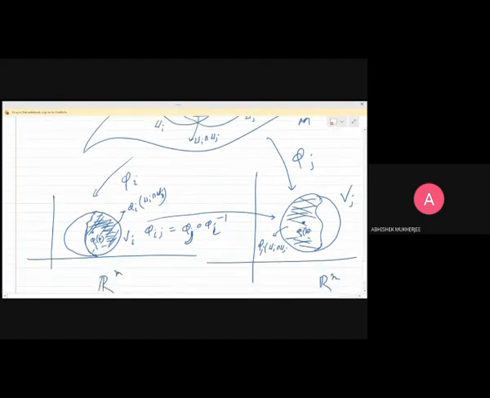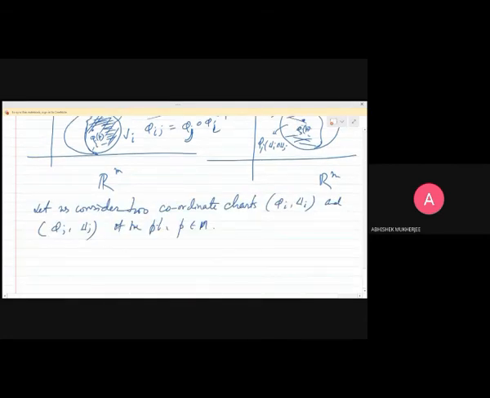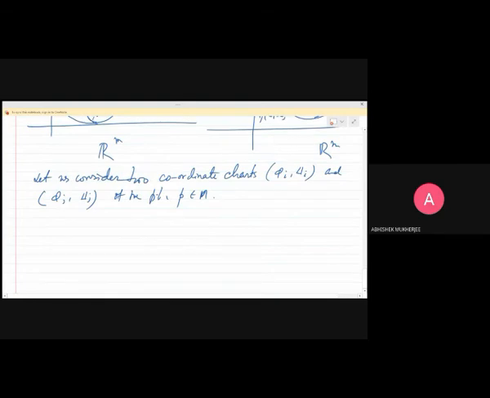So this map will be called the transition map. And it should be noted that these transitions,